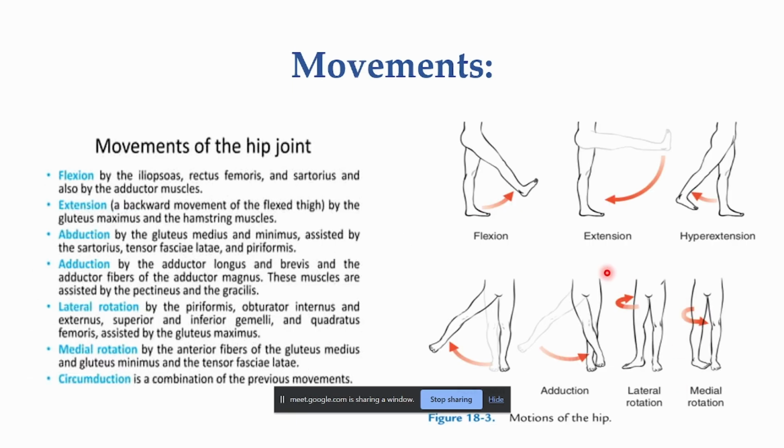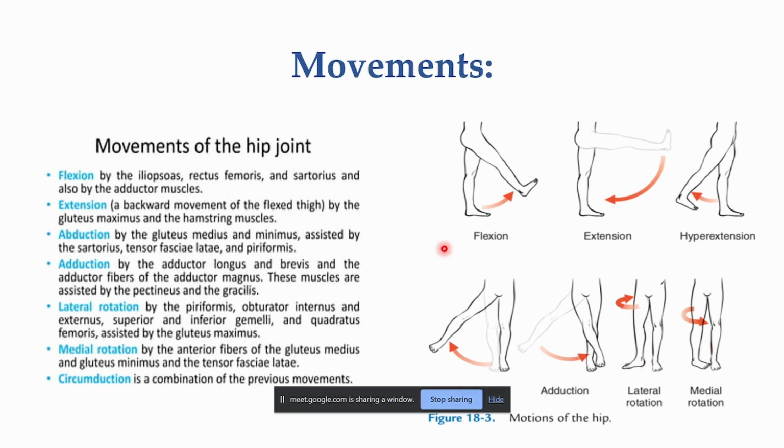Then there are seven types of movements related to the hip joint, which are flexion, extension, abduction, adduction, lateral rotation, medial rotation, and the circumduction. Circumduction is the combination of all the previous movements. So the flexion and the extension occur along the transverse axis. The abduction and adduction occur along the anterior posterior axis, and the lateral and the medial rotation occur